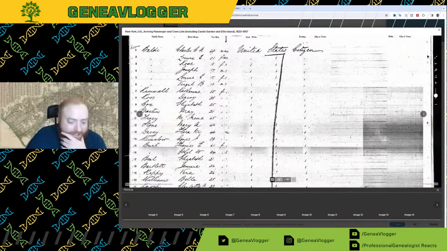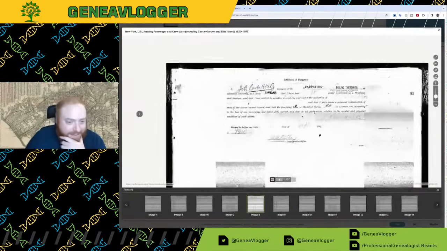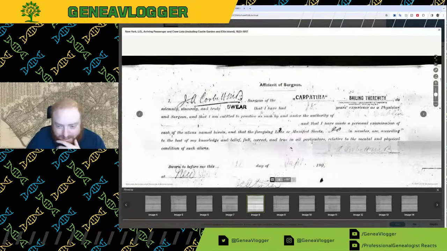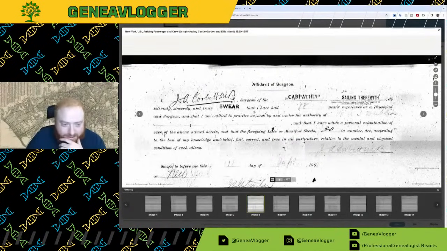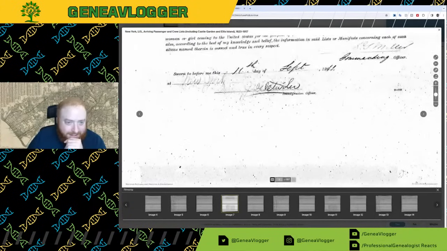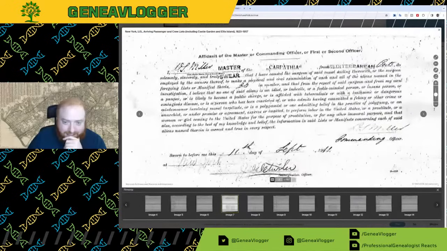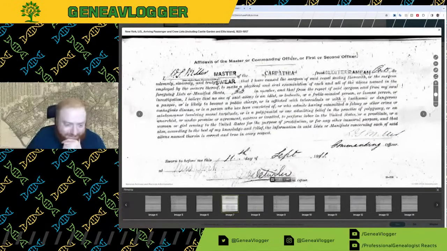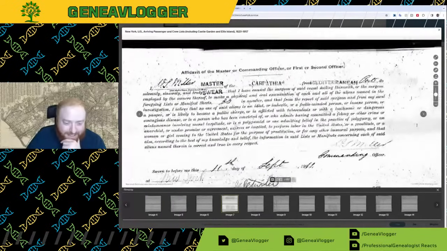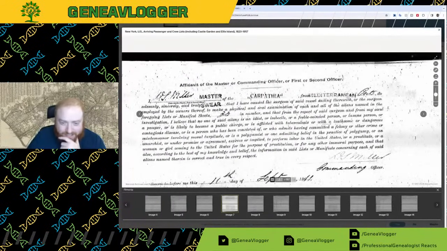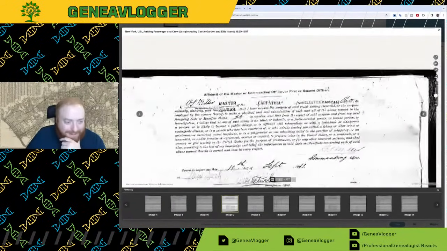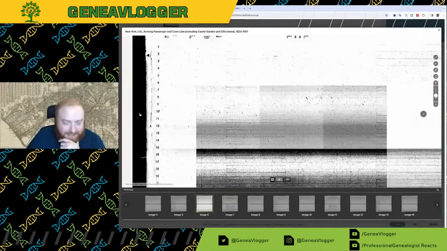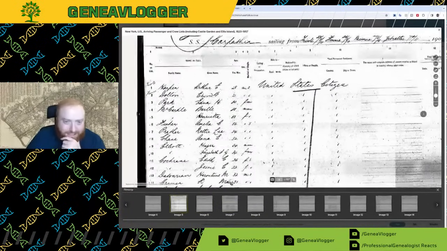Actually, you know what? Let's look at the affidavits, because the affidavits might indicate more specifically. Huh. Just Carpathia. That stamp, 11th of September, 1911. From Mediterranean ports.